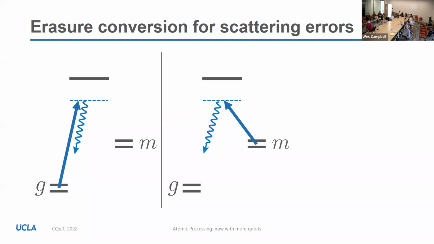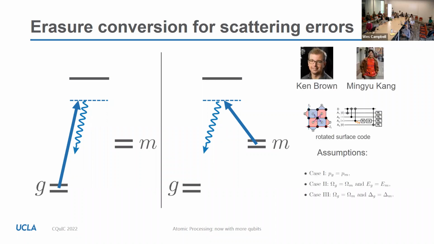That's the idea. Here, if we have a spontaneous scattering event, and it is likely to go down to the G state, that's identifiable. That's an erasure, which means that we know where the error occurred. We know which qubit, which ion actually had the error happen. And if you go through how you deal with that, you could reintroduce it as a mixed state back into the qubit subspace. That's actually easier to recover from than a leakage error where you don't know where, or a Pauli error where you don't know which ion had the